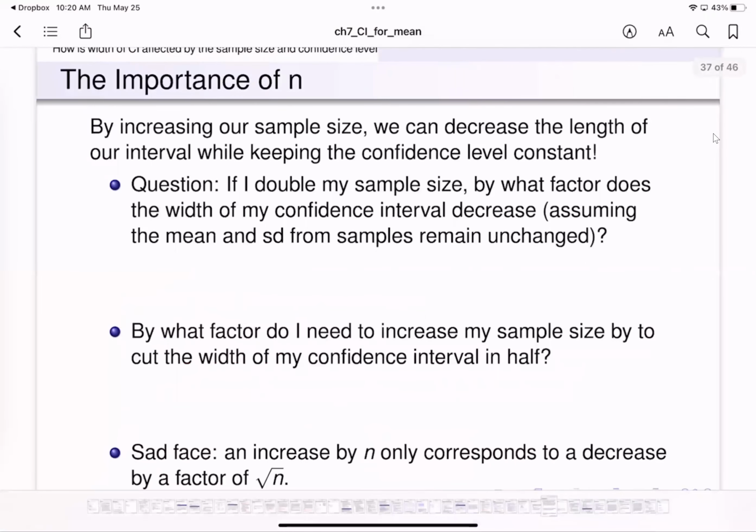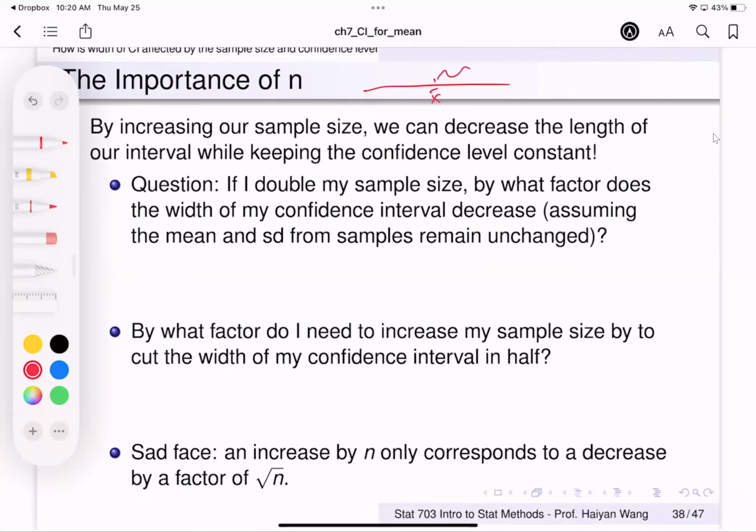So how much does this n affect? We already saw that the square root of n is in the denominator. In other words, if we consider the width, what is the width? So that's our interval, and here's the center, and the width,